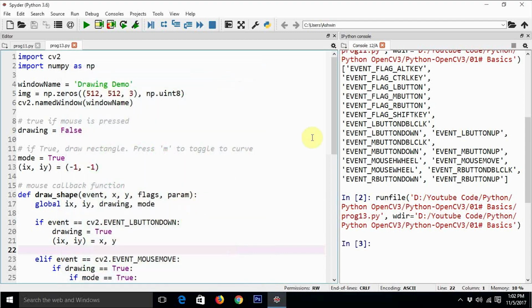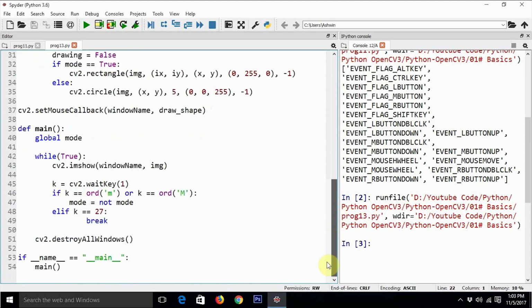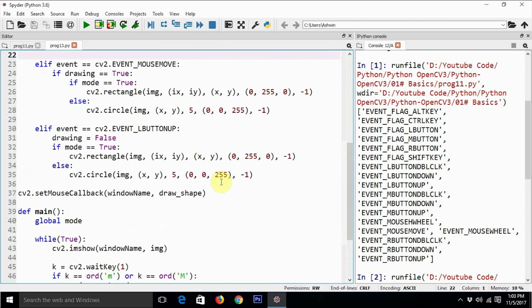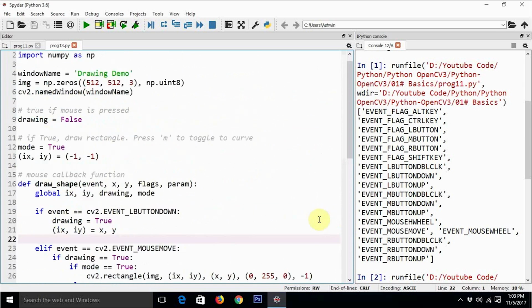So in case you haven't understood the program, go through the program once again and try to modify a couple of things in the program if you like. Just let me know if you have any ideas for improving this program or adding more features to this program. You can let me know these ideas in the comment section.